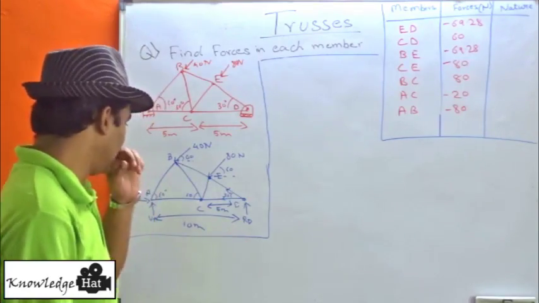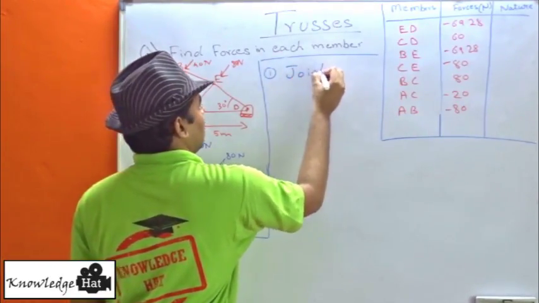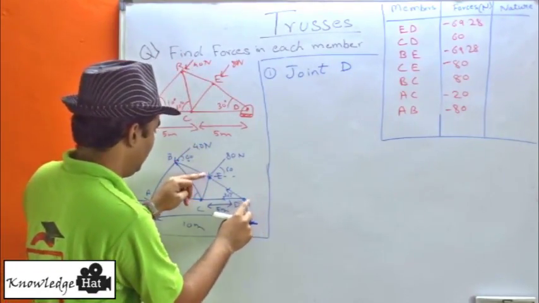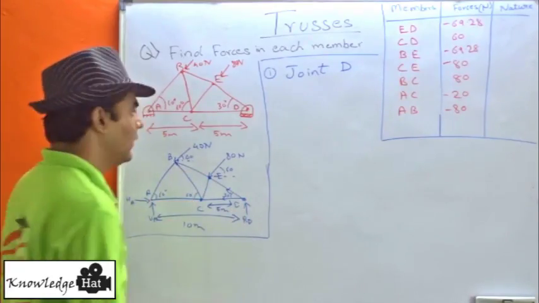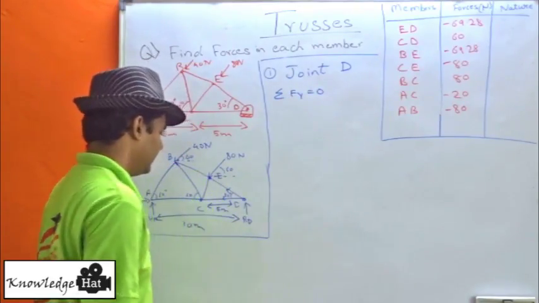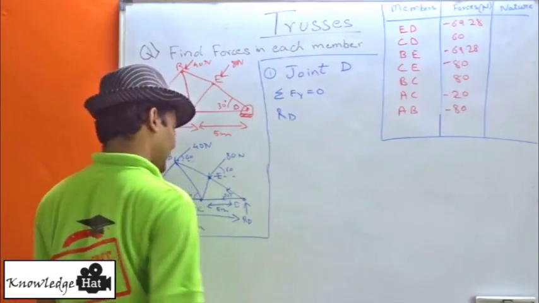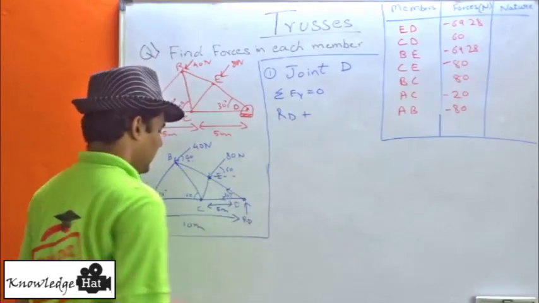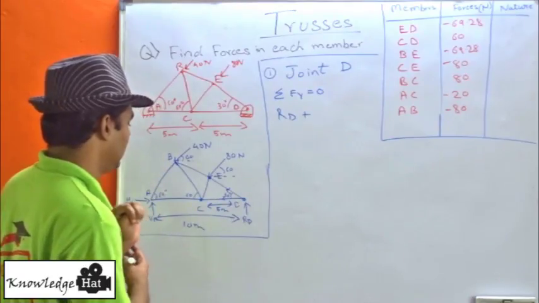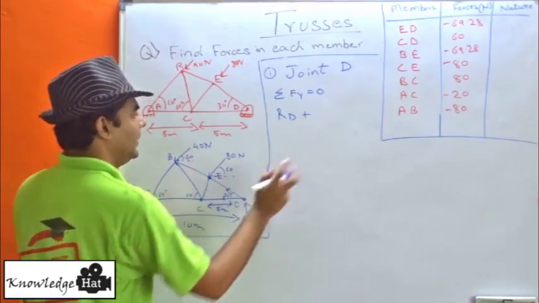Now we will take the first joint, that is joint B, and all the members connected to it, member ED and member CD. We'll find those values. So we take summation Fy equal to 0. Force RD we found earlier, so that is in upward direction, so we get RD plus this force DC is in horizontal direction, so it is not under our consideration for vertical forces. This force ED is